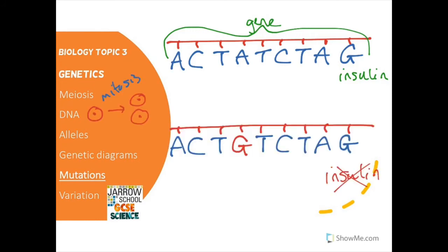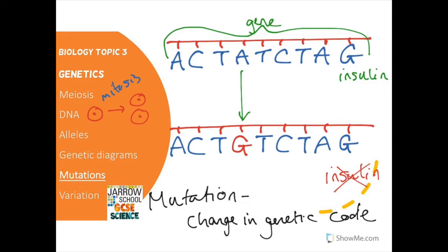So every time a cell splits during mitosis, it has to make identical copies of the DNA. Sometimes, when the DNA is copied, it will make a wrong copy, and this is known as a mutation. So a mutation is just a change in a gene, a change in the genetic code, and this can happen